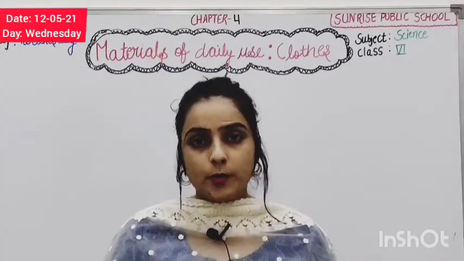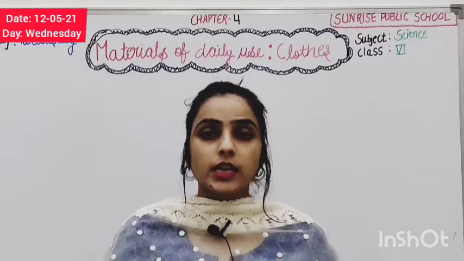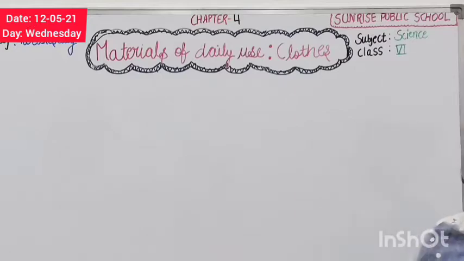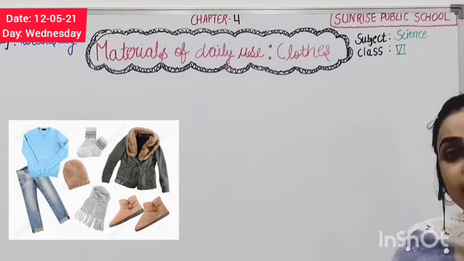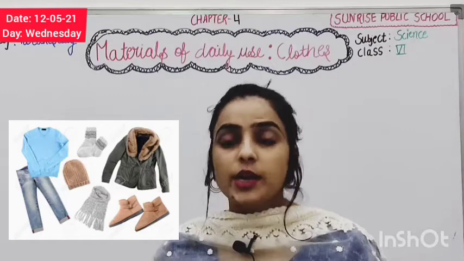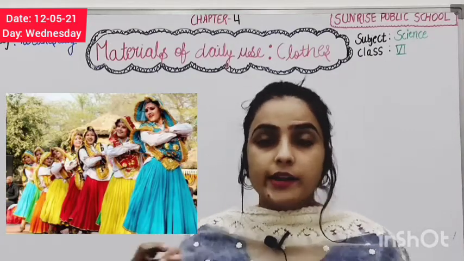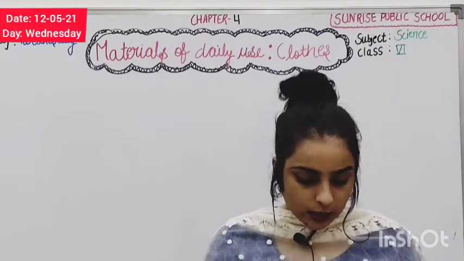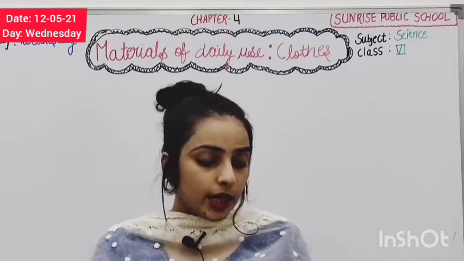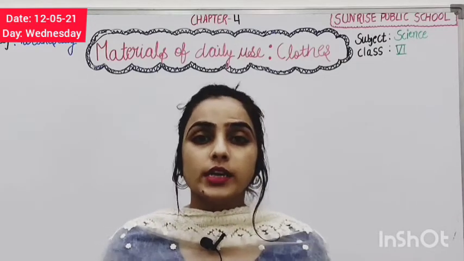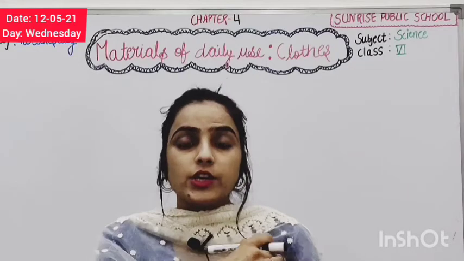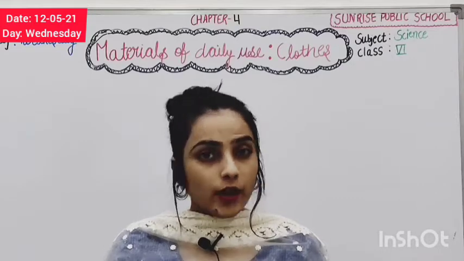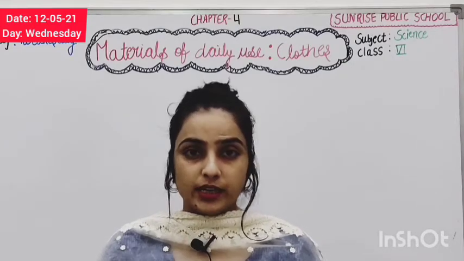So we have discussed the map of this chapter. Now, people living in different areas of the country and the world wear different kinds of clothes depending upon the climatic conditions or the culture. We can identify people by looking at their clothes as well. And if you feel the clothes you are wearing right now, they are made up of different materials. For example, you are wearing a t-shirt or a pant. Touch your t-shirt as well as your pant, they are of different materials. So you have noticed they are made up of different kinds of materials.